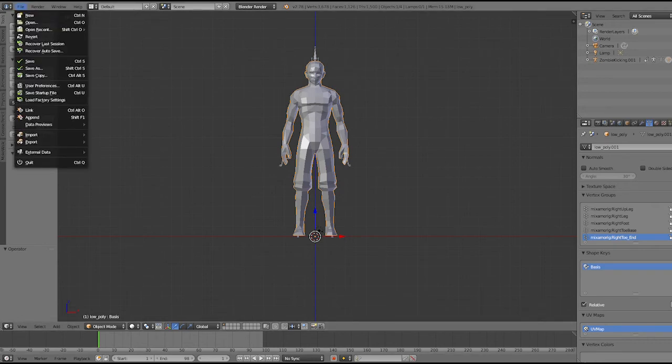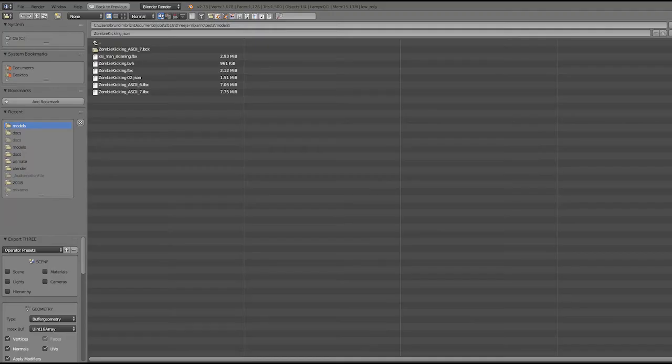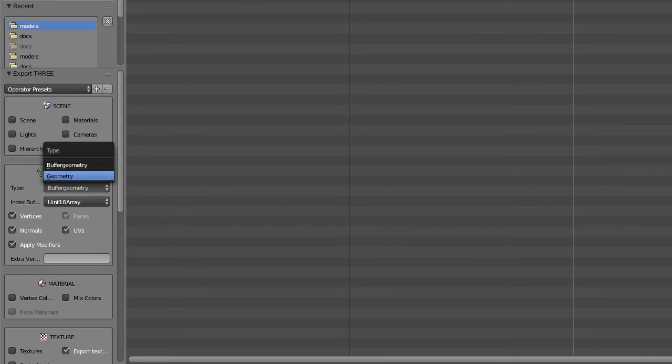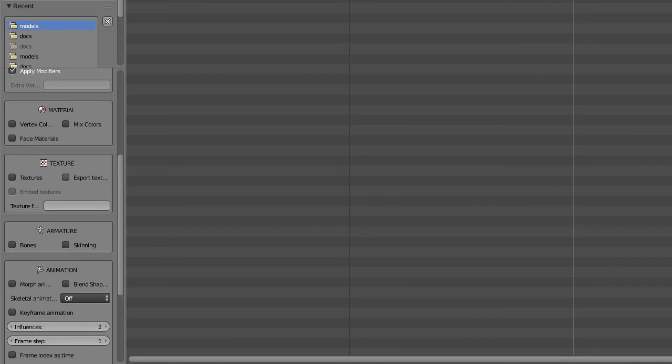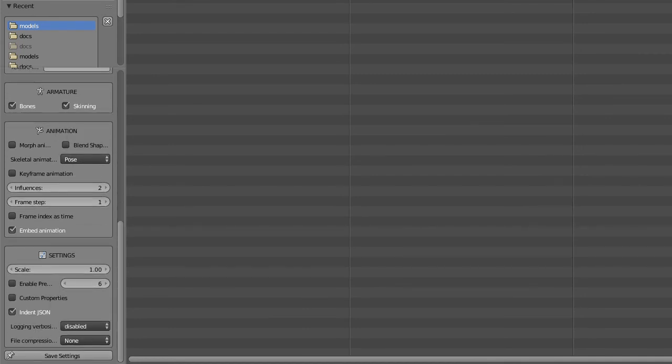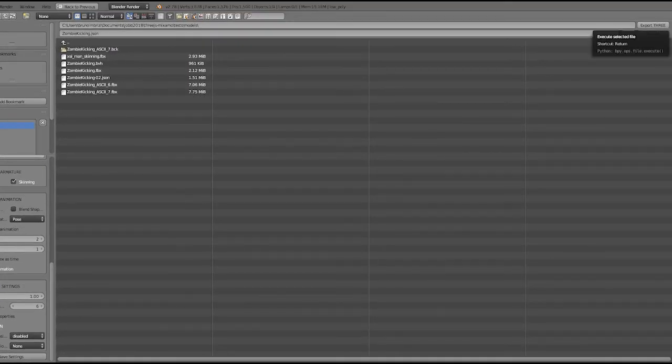Here, select the object, go to export Three.js, and the settings that we're looking for are geometry. We don't need UVs. We don't need textures. We do need bones and skinning. We need skeleton animation pose. And we do need embed animation, and that's about it. Let's export it. Now if we load that in our project, you can see the mapping is a lot better,